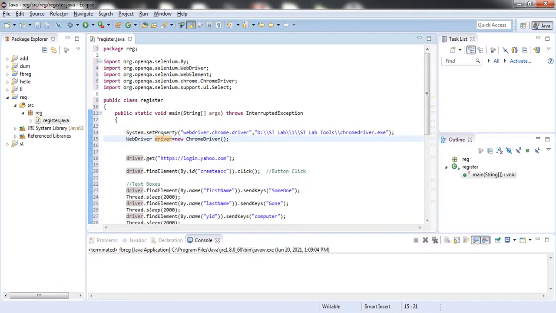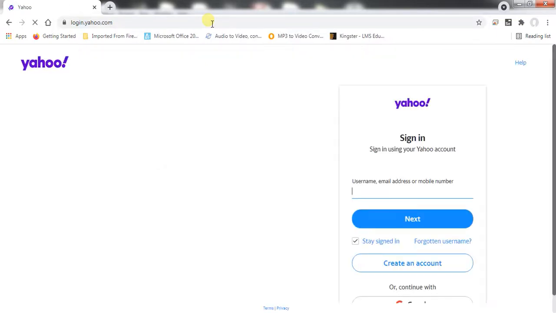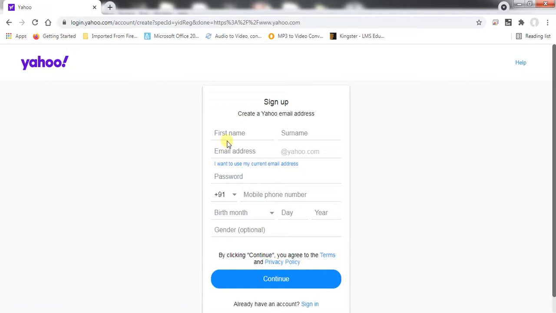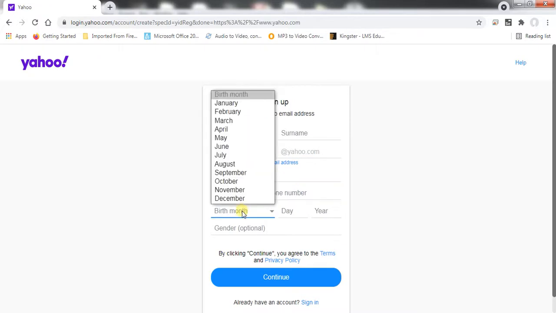First of all, let me open login.yahoo.com. Let me create one account first for testing purposes. What we can see here are text boxes. How many text boxes? 1, 2, 3, 4, 5, 6, sorry, 7.